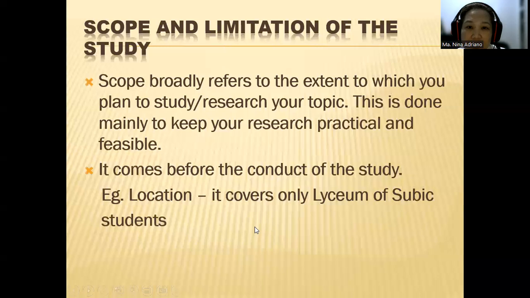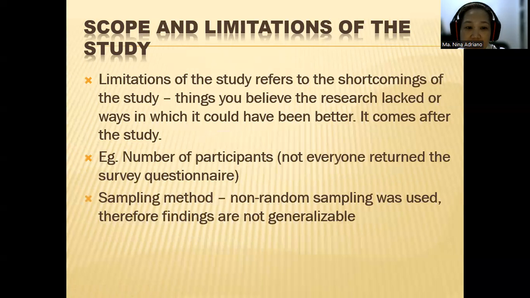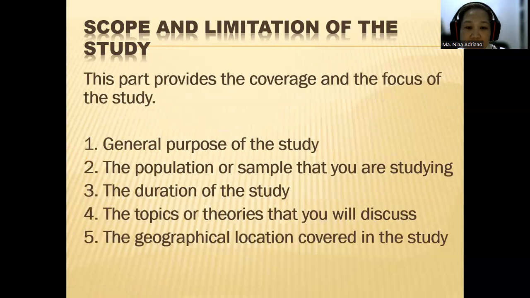In writing the scope and limitation of the study, the scope refers to the extent to which you plan your study. So in order to simplify how you are going to write the scope and the limitation, I want you to think of the 5 W's and the 1 H. Who are your respondents? Remember, we're discussing the scope of the study. Who are your respondents? So start with: the respondents of this study are grade 4 elementary pupils of Sabang Elementary